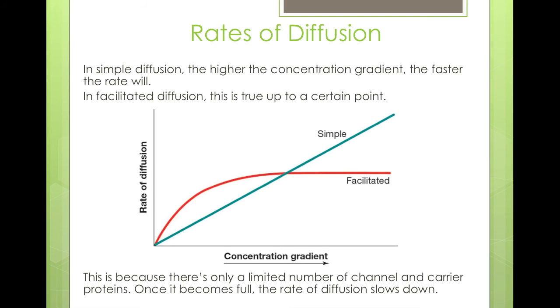Okay. If we compare the rates of diffusion, simple diffusion usually takes a bit of time to get started, but you can see here, if I was to show the rate of diffusion, it's linear for simple. Yeah, naturally they will move over time. The concentration gradient will even it out, and they move through naturally. Facilitated, on the other hand, starts off a little bit faster, but it slows down because once it gets crowded, and those channel proteins